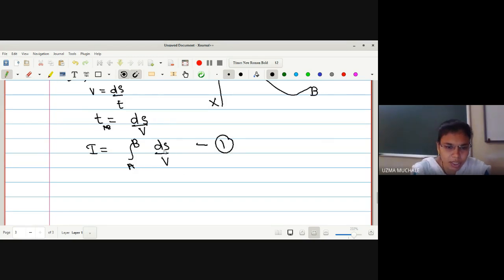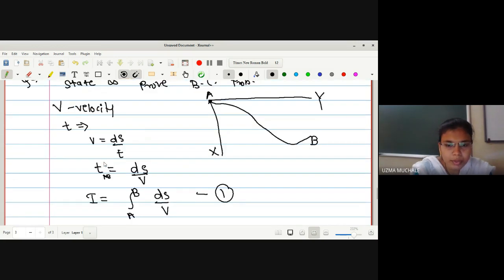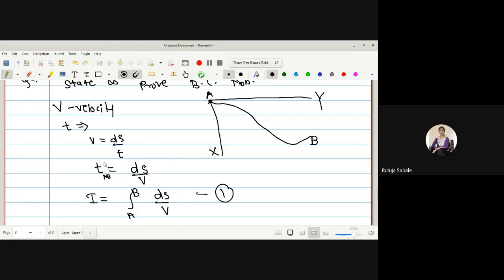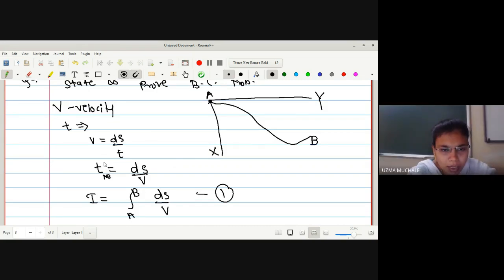This value of integration I we have to evaluate. This I will be minimum only if the integrand satisfies the Euler-Lagrange equation. Is it okay up to this? Yes, ma'am. Okay, so we have to go with the minimum time, hence we have taken the value of the integration with the help of the minimum time itself. The time required to travel from A to B we have calculated with the help of velocity, which is nothing but distance upon time.